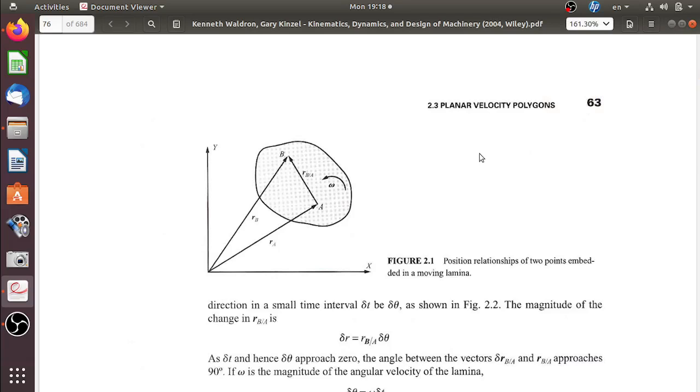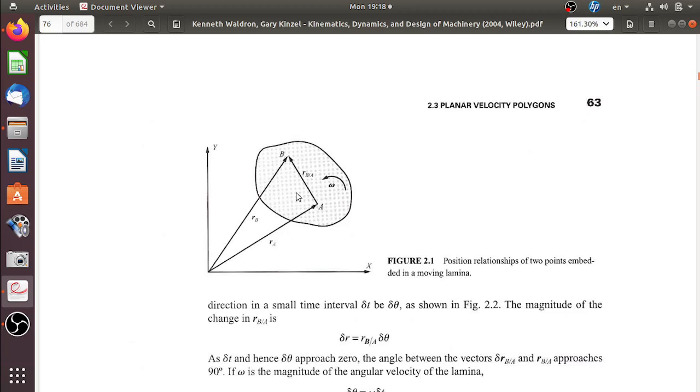In this video, we are going to discuss velocity analysis. Let's take a rigid body. So this is the rigid body, and this rigid body is in a plane, the xy plane, and we have a coordinate system, and with respect to that coordinate system, we are defining the position of this rigid body. To define the position of this rigid body, we require to define at least